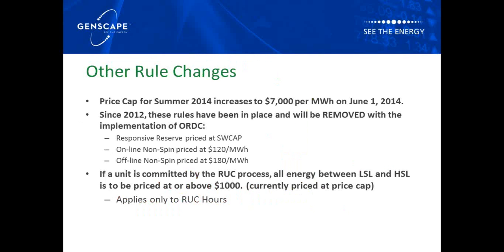And before I talk about the other rule changes, I just want to highlight what we can expect from ORDC once it goes live next week. We expect that the DAM will be more expensive, and we'll have less chance of seeing negative DART spreads. Ancillaries will also be more expensive, and the greatest chance of seeing negative DART spreads will be, again, highly volatile days. Right now, we really like the first week of August. As we saw earlier, in the last couple of years, that's usually been the highest demand days of the year. And, of course, just to recap one more time, the adder will be minimal most of the time, less than $1.